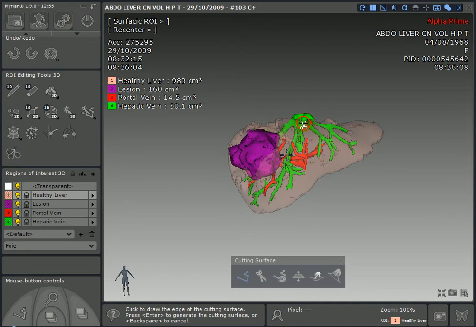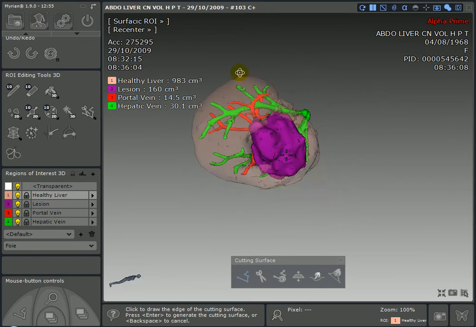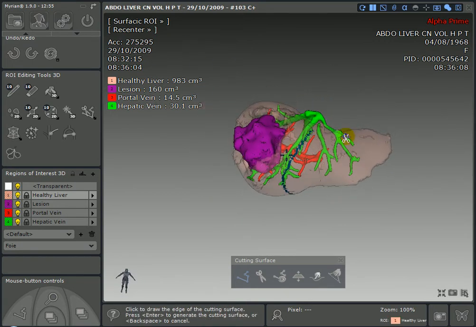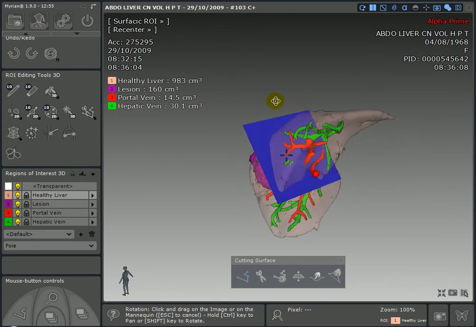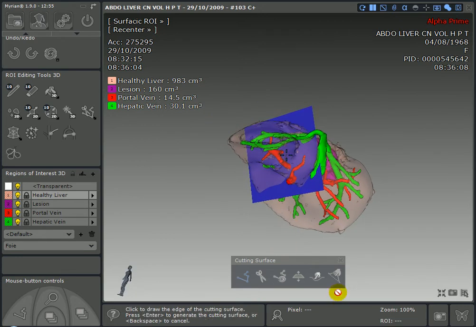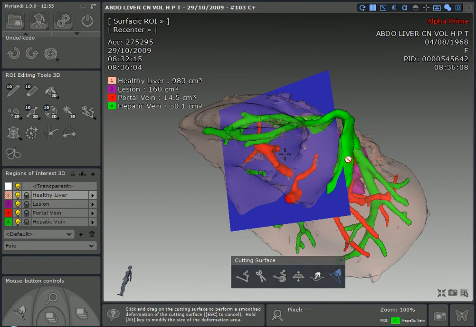I directly draw from the 3D. This is really similar to the operating room. I draw around, I can split, I can rotate any angle I want to review. This is something I like. I press enter to validate the cutting plane and to have a surface. You must be careful that the blue square